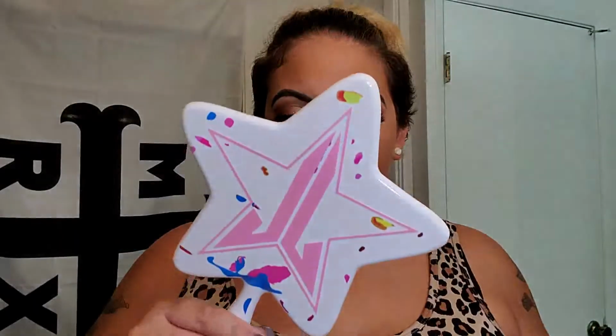And looking in the mirror, I feel like my nose pores are less noticeable than the ones that are on my cheek. Probably because those are deeper. Do you kind of see that? You see how it's kind of deeper, but my nose is pretty